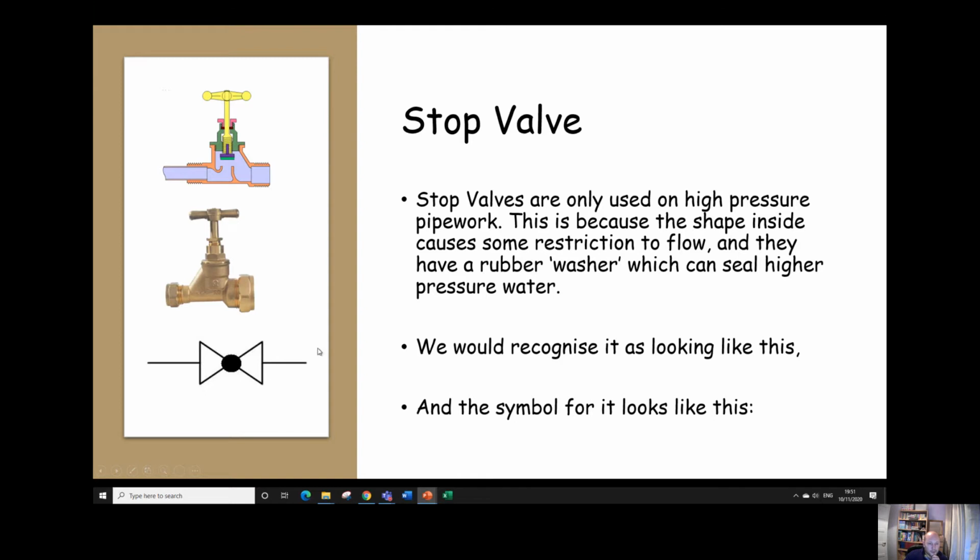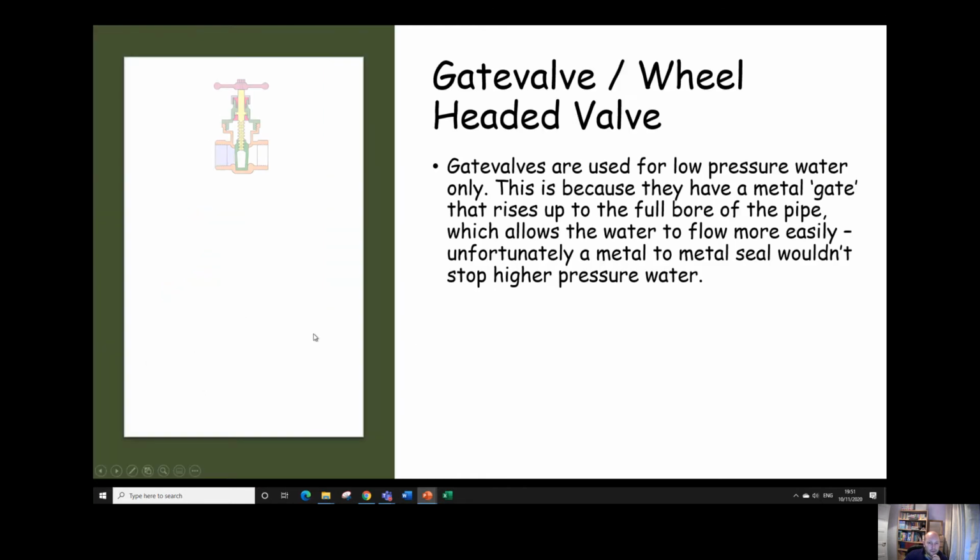That's a stop valve symbol. Gate valves we only use for low pressure water. The good thing about it is, when you turn the head of the valve, the gate will lift up to the full bore of the pipe. It's often known as a full way gate valve, which is good for low pressure because it causes a minimal